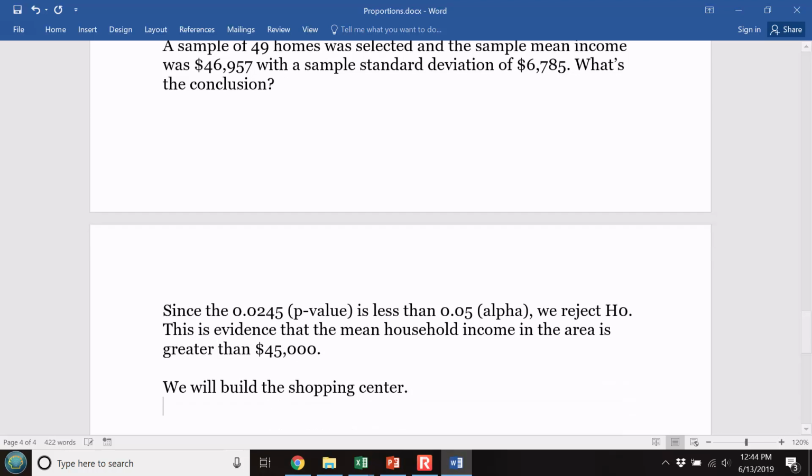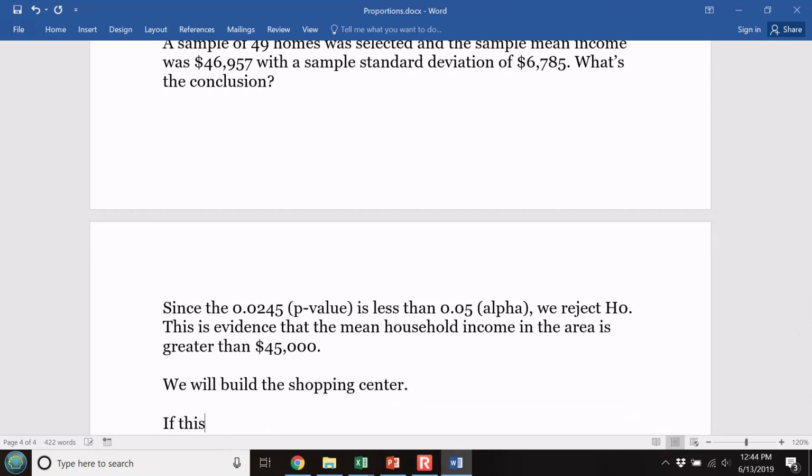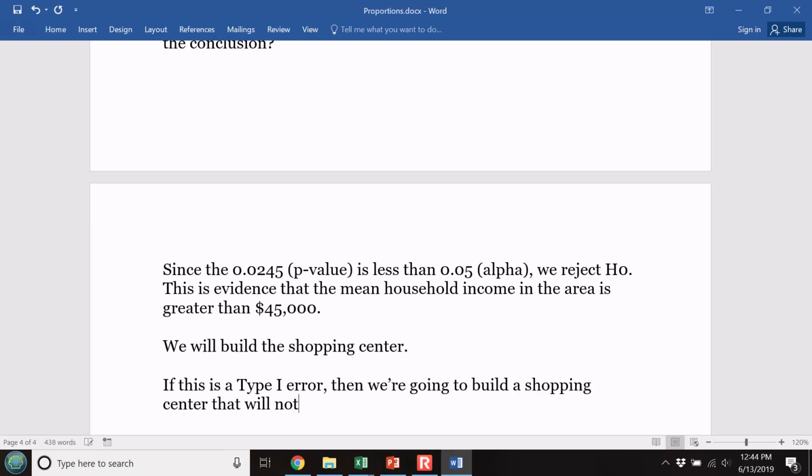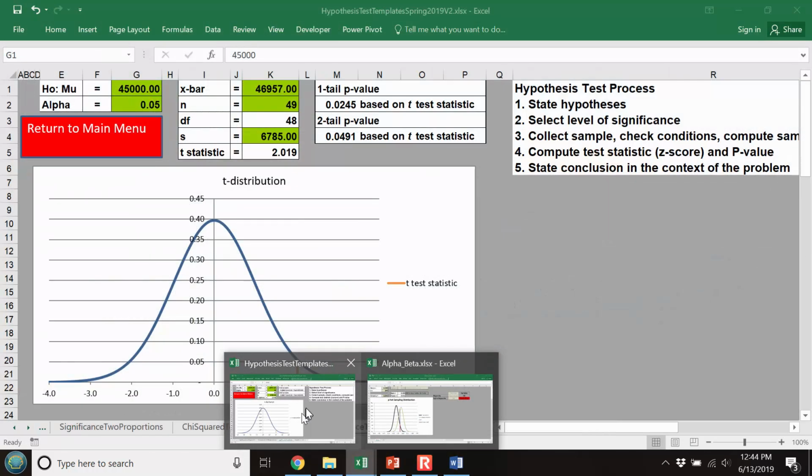So if we made a type 1 error, then we're going to build a shopping center that will not be profitable. You have to think about what the implications of type 1 and type 2 errors are. Now let's suppose we'd actually had a different result. Let's suppose our result had been